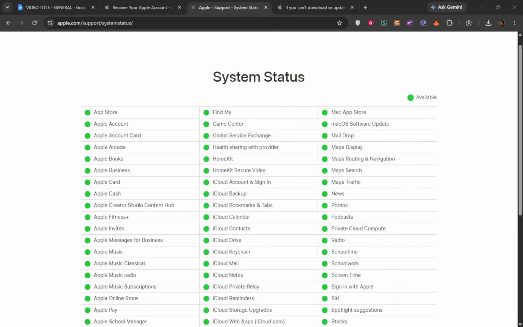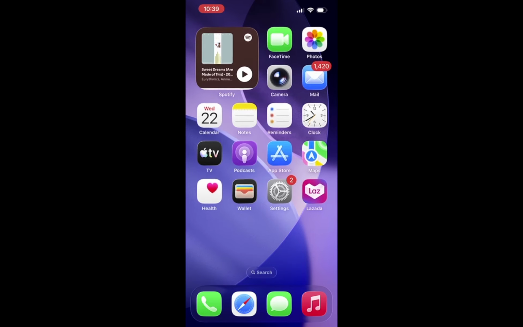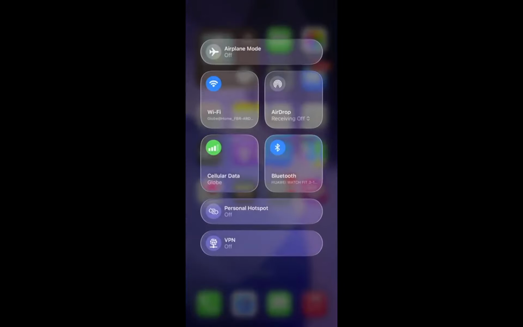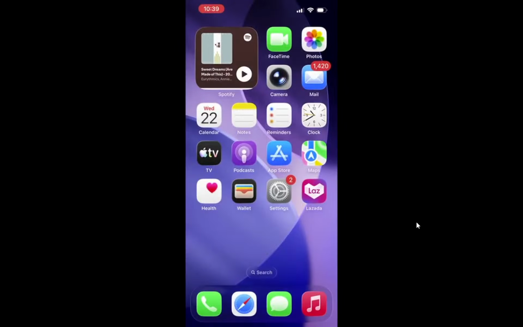Next, check your internet connection. It's essential to have a stable connection for Apple ID to work correctly. Try switching between Wi-Fi and mobile data. If you are using a VPN, proxy, antivirus, or firewall, consider temporarily disabling them. These tools can sometimes block your connection to Apple's servers. A reliable internet connection is crucial for successful verification, so take a moment to ensure everything is running smoothly.